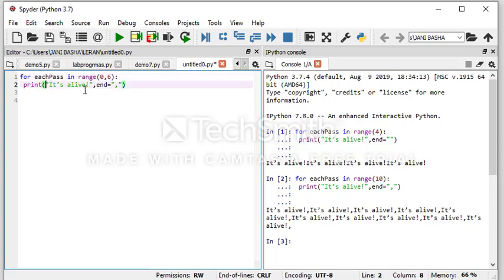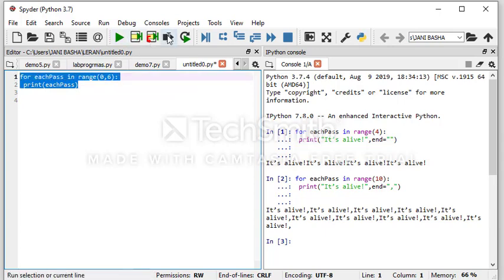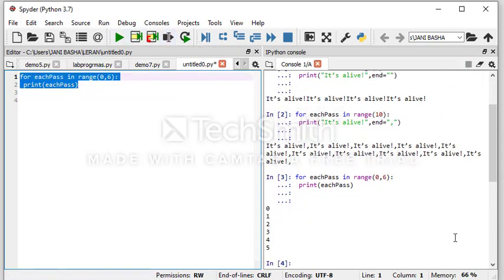Or otherwise, I'll show it not with this particular statement but with the numbers, then we can understand. Here the variable we have used is the each pass variable. Now try to execute this statement. See here, when this statement is executed, what numbers did I get as output? 0, 1, 2, 3, 4, 5. 6 will not be printed. But when I see this statement, 6 is there in it.